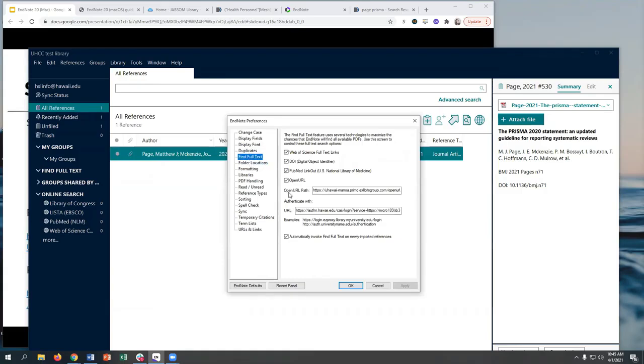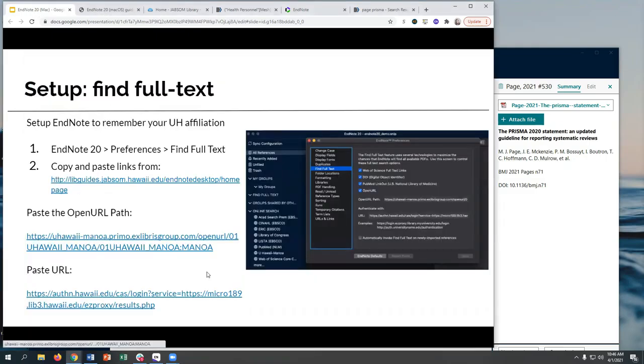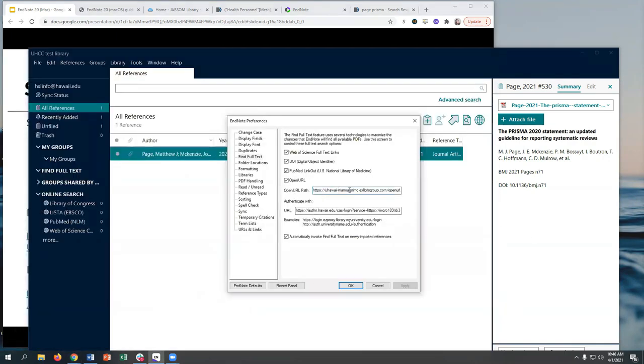So find full text, and then you probably have two blank URL paths right now. The open URL path and the authenticate with URL, this is what we need to fill in. On the slides, you can link directly, or you can copy and paste out of the slides. So you'll copy this first open URL path,